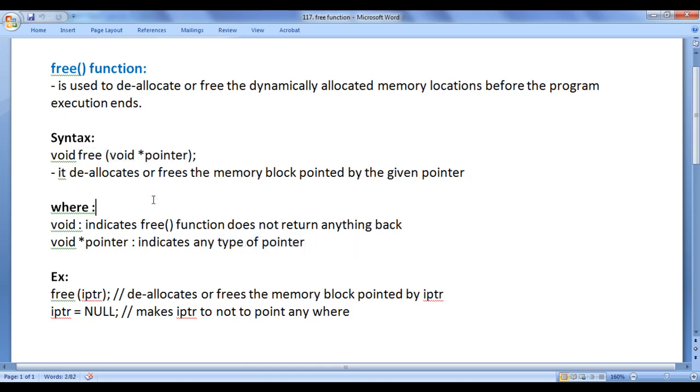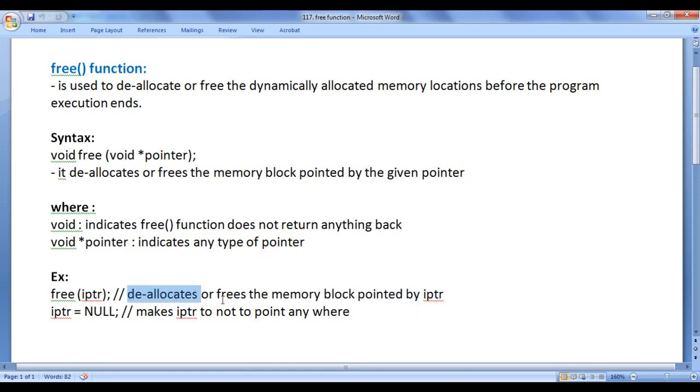To the free function we can pass any type of pointer, and it deallocates or frees the memory block pointed by the given pointer variable, guys. For example, free(iptr), it deallocates or frees the memory block pointed by the iptr.